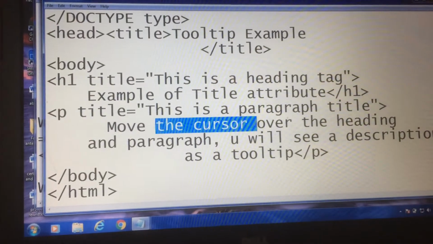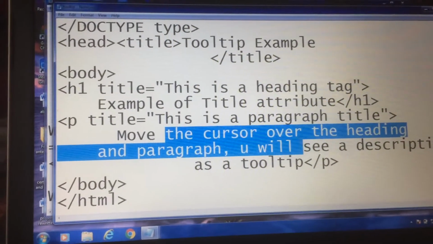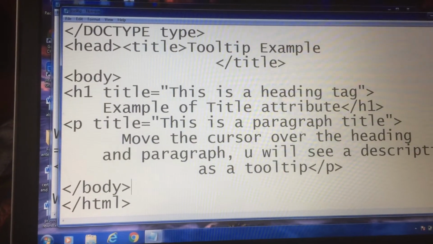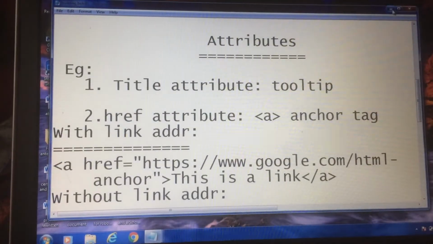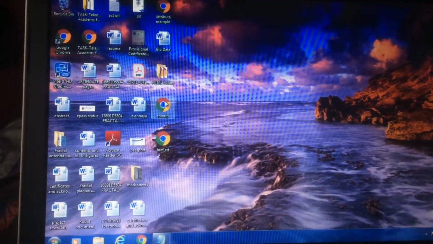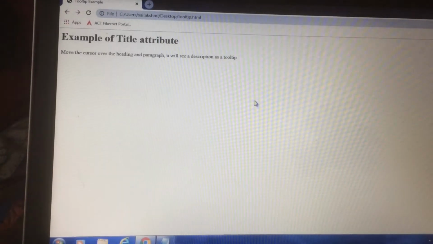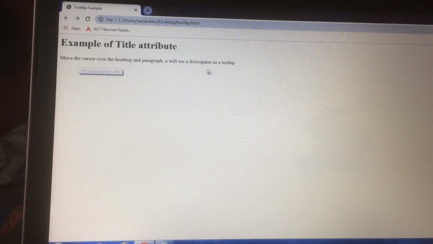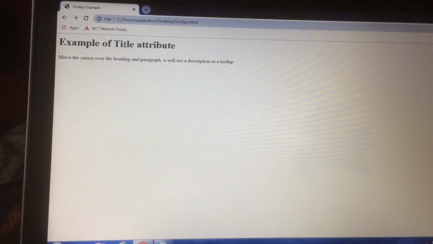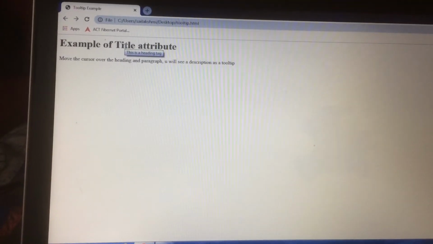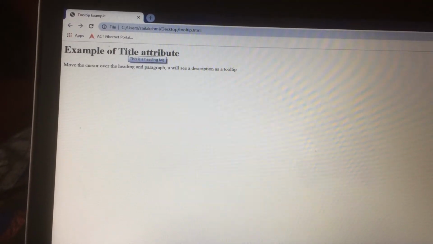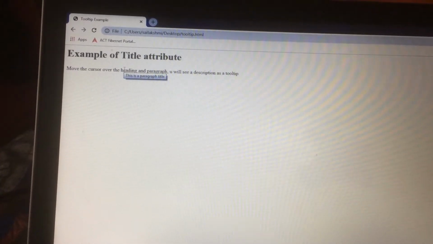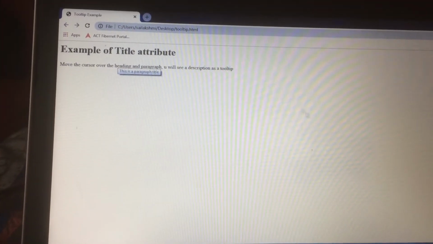Move the cursor over the heading and paragraph, you will see a description as a tooltip. Let's see the output. So whatever we have given in title example and this is in a para. So when we move the cursor over this, it will show its description as this is a heading tag, this is a paragraph tag. So this is about tooltip.